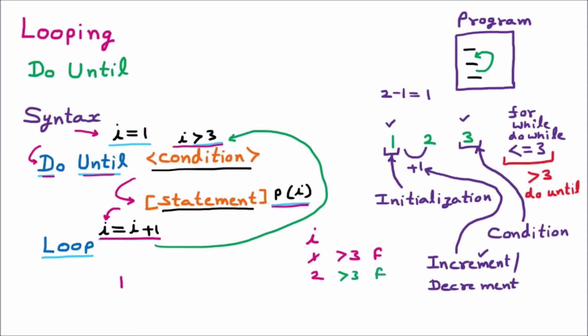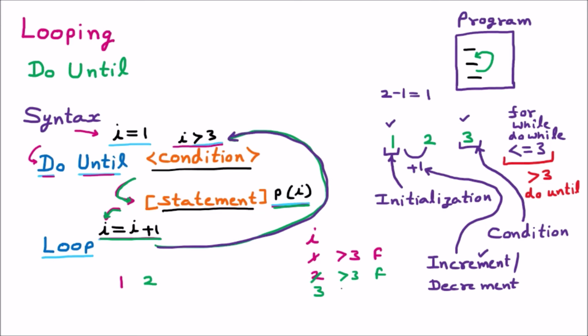Perfectly false. So the condition is false, it will come inside and then print I. So again true is printed. Again coming down, I is equal to I plus 1. So here the new value of I is 3. It will again come back and check the condition.